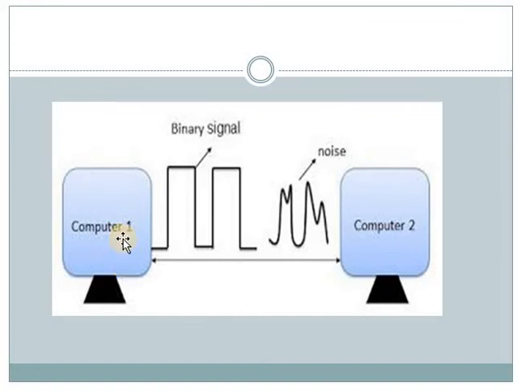See here, this is from the source, computer 1, to computer 2. There is no error here, but there is noise here. That means due to some external noise, the 0 is changed to 1 and the 1 is changed to 0. This is the use of the error detection code. So 0 may change to 1 or 1 may change to 0 due to external noise. If you send a parity bit along with the data bits, it will check whether an error occurred during the transmission.